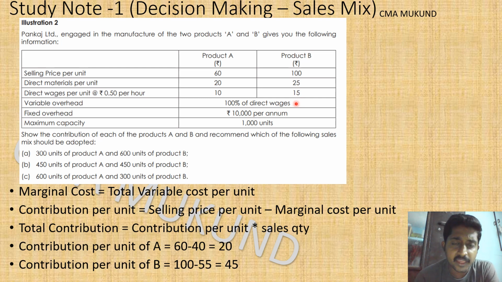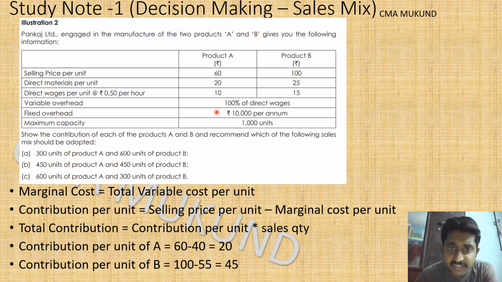For example, if that is a rented place and the first station has a machine occupying 100 square feet, and that 100 square feet is the rent apportioned to that place, and the number of hours the unit passed through station 1 will give the apportioned rent for the product manufactured in station 1, and this is a fixed cost. This is not going to change. Even if we produce or we do not produce, this is not going to change. So this is not varying with the number of units produced. So this is classified as fixed overhead.